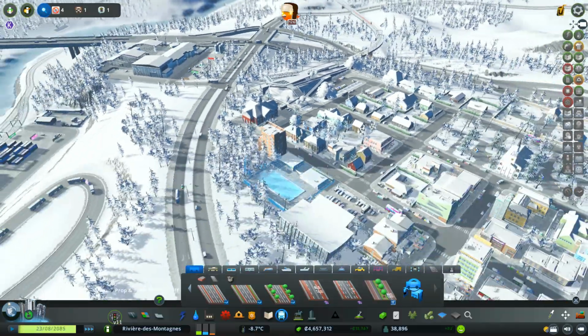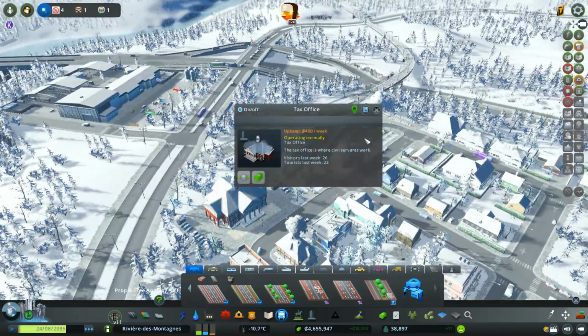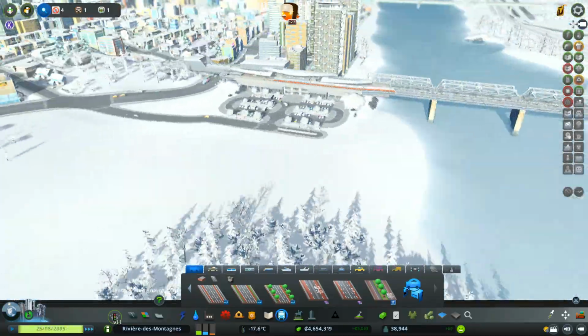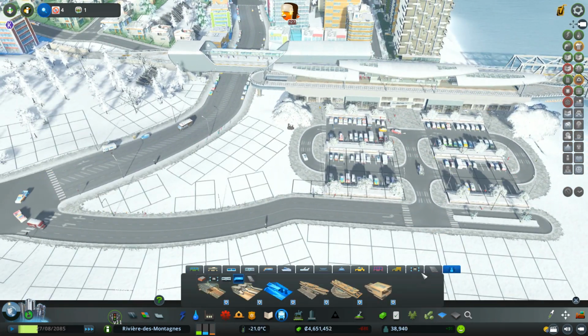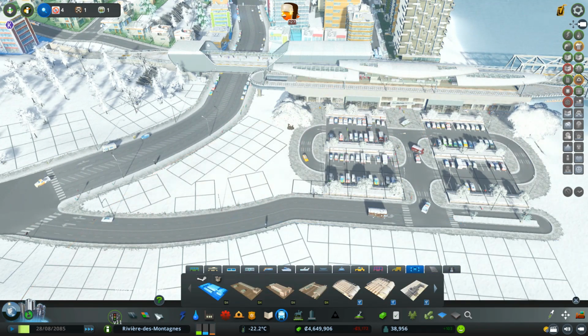But we could definitely do with some expansion of this area at a later date, especially because this is going to bring in a lot of tourists as well. But anyways, we'll move over this way to this hub, which is very, very cool. I really like the look of this area here. So I definitely want to get some extra parking in. And if we go over this way,